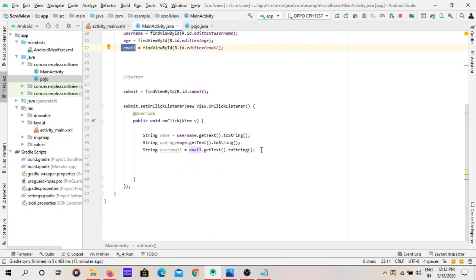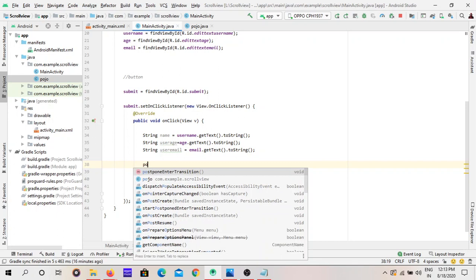First, to pass these parameters, we have to create an object for this POJO class. With this object we can access the information from the POJO class. That is called an object. Java allows us to create an object, and with that object we can access everything in that class. In our case, the POJO class. We are creating an object for this POJO class and getting data from it.